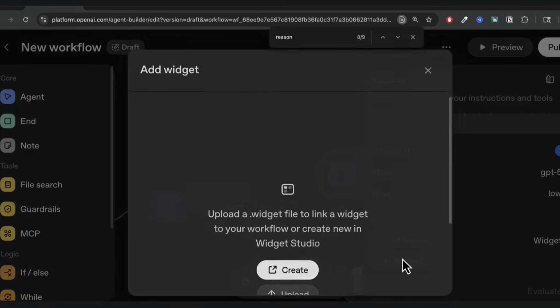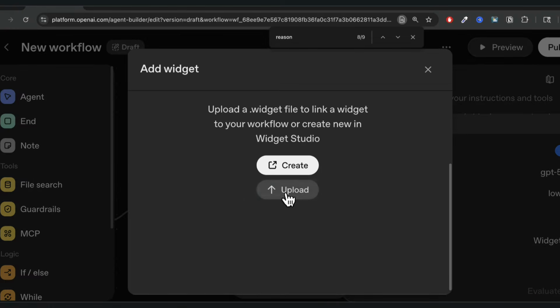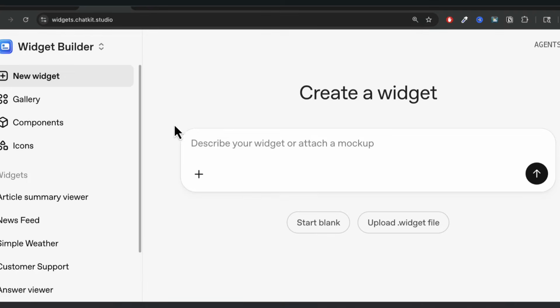So as you know, we're going to say widget, and then I can upload or create. So I already have the one, but I'm going to show you again how to create one. So I'm going to click here, and you can see that now I can create a new widget. I can use what I already have, which is a summary viewer, or you can just go ahead and describe